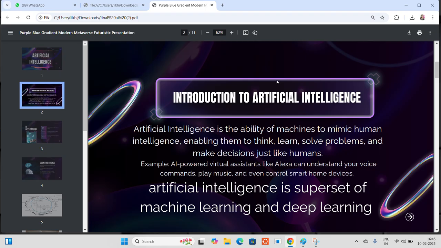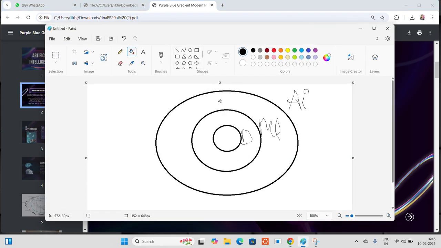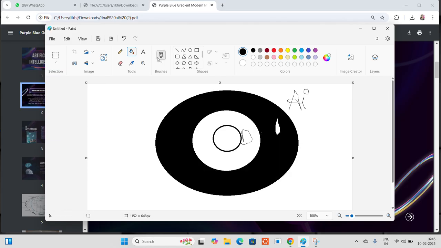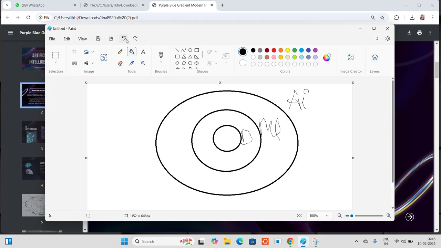Artificial intelligence is the superset of machine learning and deep learning. To understand this, let's see it in a diagrammatic format. Many people misconceive that AI is different, ML is different, and DL is different. But in fact, AI is the combination of all the ML and DL. AI enables the machine to think. ML uses statistical tools to analyze and explore the data. And DL mimics the human. It is a multi-neural architecture. So altogether it is called AI.